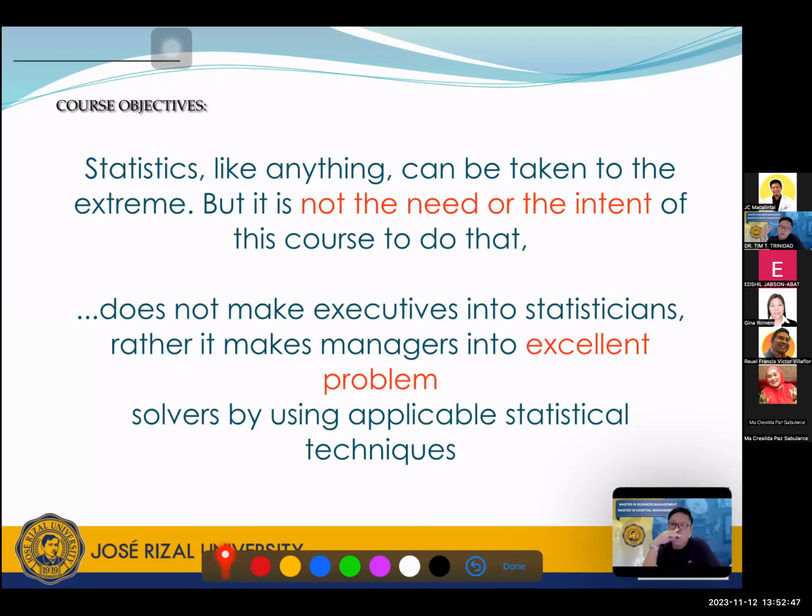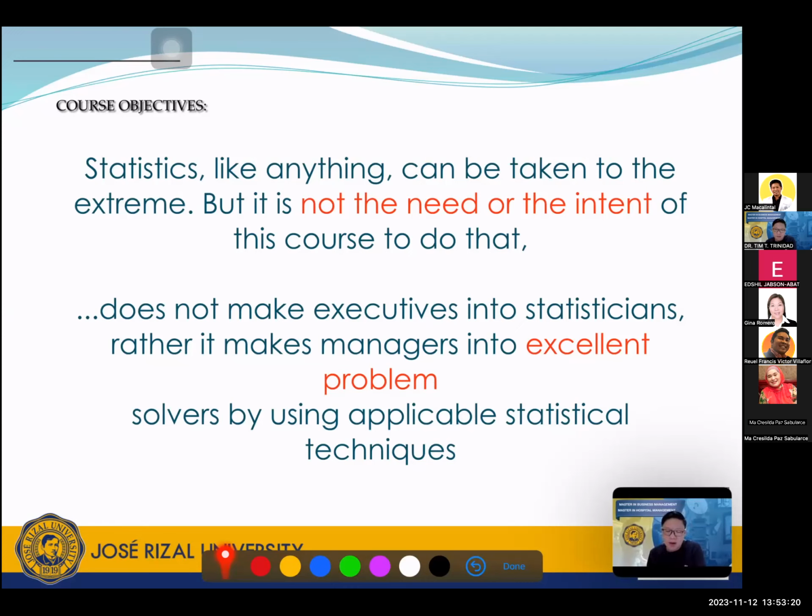No? Although I will also teach you on how to compute, pero not necessarily that I expect perfection from you. So baka magkaroon pa rin kayo ng pagkakamali. So you still need the help of a statistician. But at least, alam mo kung ano yung sinasabi mo sa statisticians ninyo. Diba? So pag binigay mo yung data, tatanungin ka ng statistician, Doc, anong gagawin ko dito sa mga data na ito? So if you have the knowledge about statistics and research,